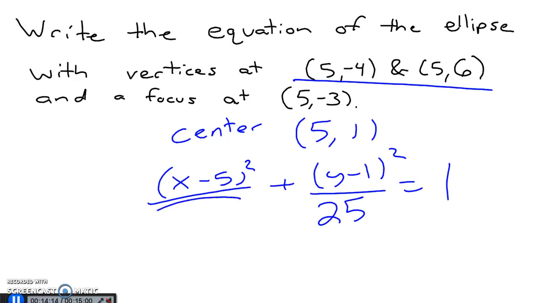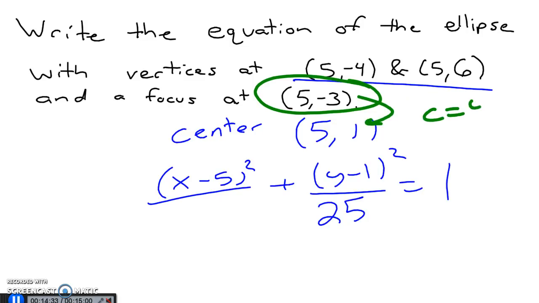The hard part for us right now is we have to figure out what this x radius is. And we don't have either of the co-vertices coordinates. So what we can do instead is consider that the focus is at 5, negative 3. We can look at this. That is 4 away from our center. So we know c is 4. So c squared is 16. The vertices are on the major axis, so that tells us that we're going